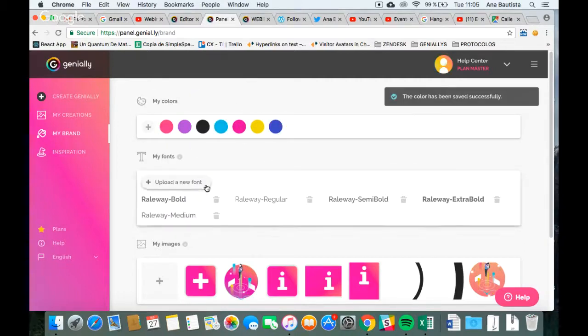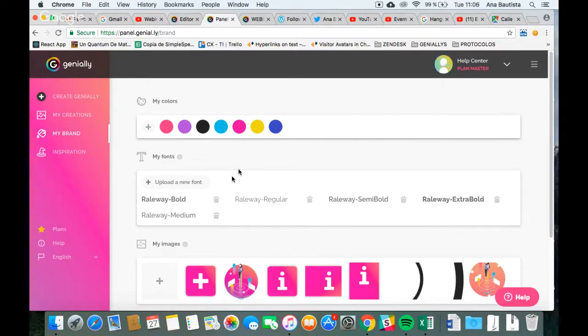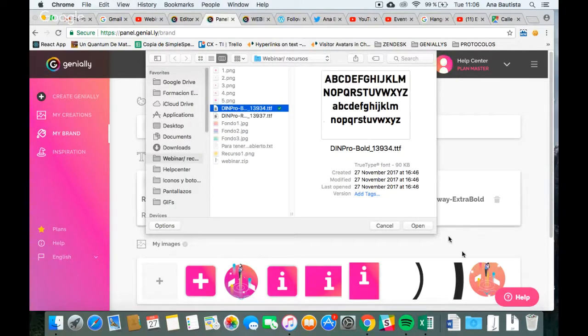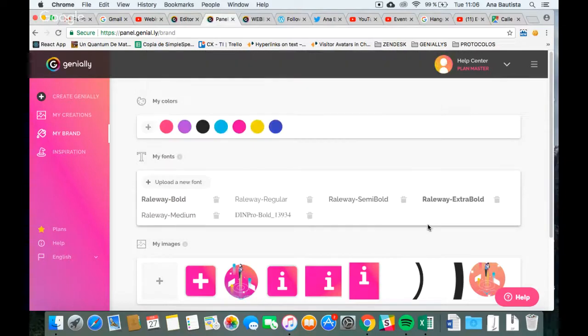brand. You can also include your own font, as most of the members who are participating today are interested in having a corporate font. So for that, you just need to upload the new font. And here, for example, you can select it from the fonts that you already have there. You open it, and then you can see it on the editor when you're editing